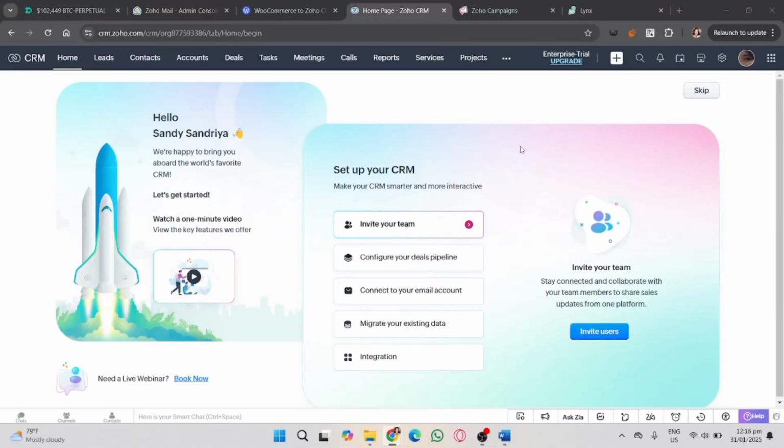In this video, I'm going to show you how to set up permissions in Zoho CRM. Managing user permissions ensures that your team members have the right level of access to data while maintaining security and efficiency. Now, make sure you are on the official website of Zoho CRM and already logged in with